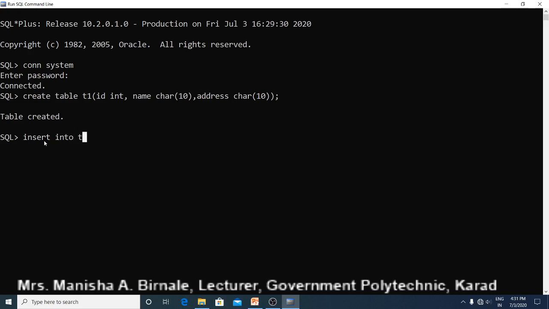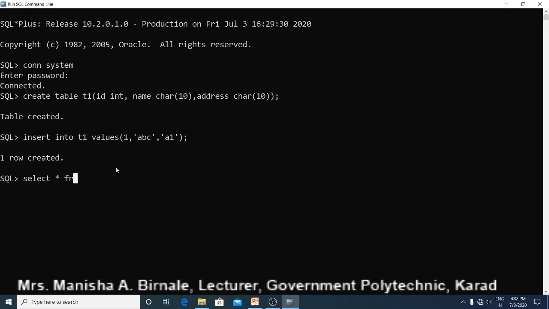Insert into table name T1 values. Suppose ID is 1, name, and suppose this is address. So one record is inserted into the table. Now let us see the contents of the table using the select command.